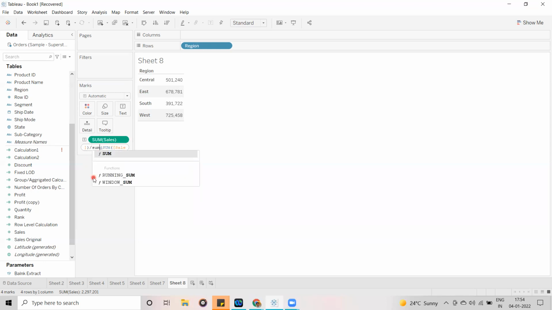We have to use sum again here because otherwise it is going to throw an aggregate and non-aggregate error. So now the calculation is valid, into 100. Enter. This one I have to make it text.